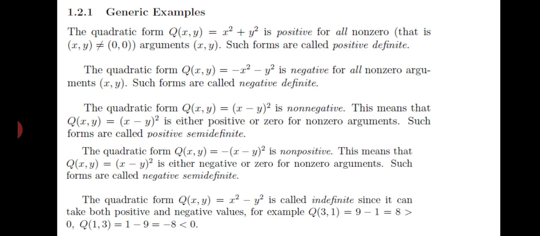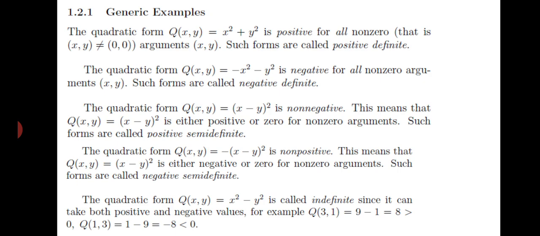So when you take values, it comes out either positive or 0. If you take x as 1 and y also 1, that is, when you find the value of Q(x,y) at (1,1), it gives 0. So this function gives either a positive value or 0. The 0 value occurs when x is equal to y. When x equals y, Q(x,y) becomes 0. Such a function is said to be positive semi-definite.